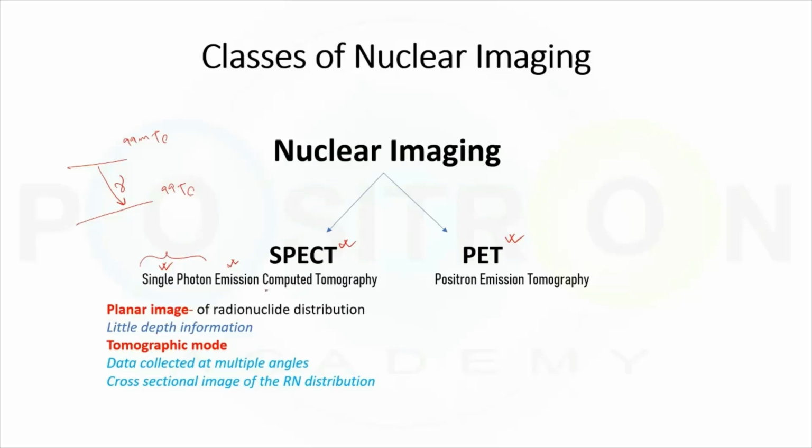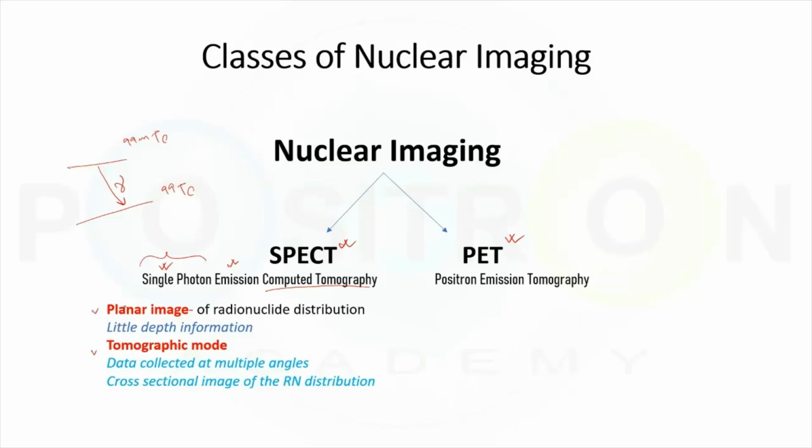And why do we call it computed tomography? Because the reconstruction process employed in SPECT is similar to the reconstruction followed in CT scan. That's why we call it computed tomography. And now I guess you are quite familiar with why we call it single photon emission computed tomography: a single photon is being released, emission because the patient's body emits radiation, and why CT? Because the process of reconstruction employed in SPECT is taken from the reconstruction in CT scan. And this SPECT imaging can generate both planar images as well as tomographic images.